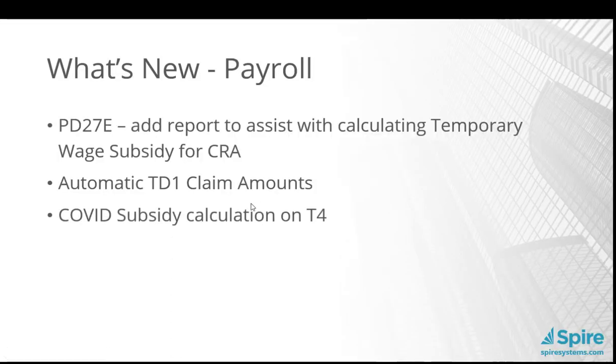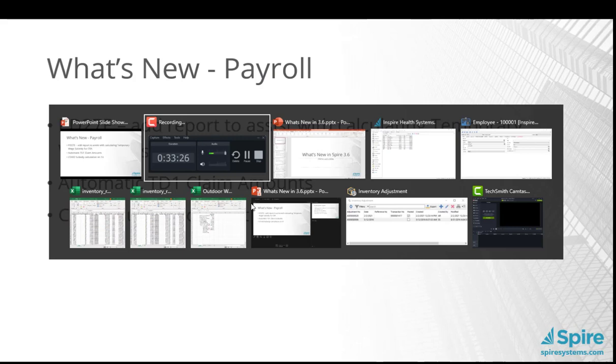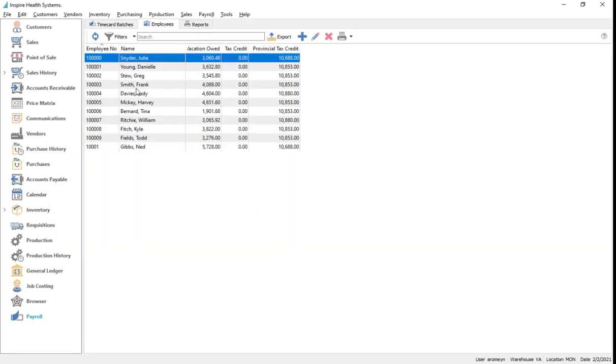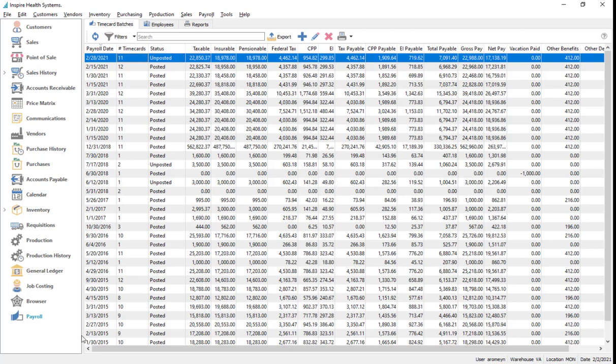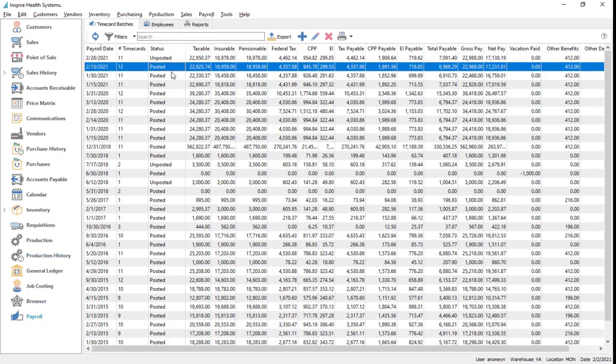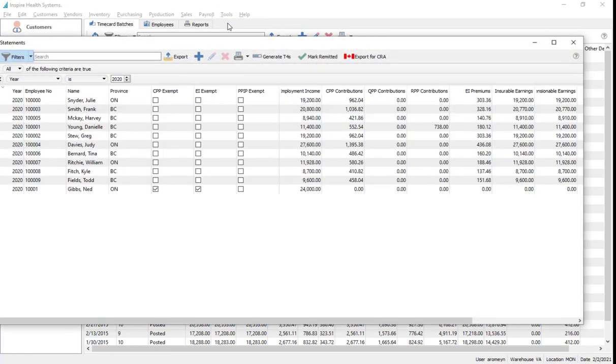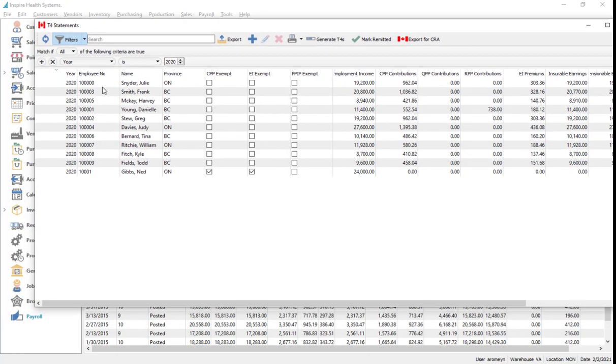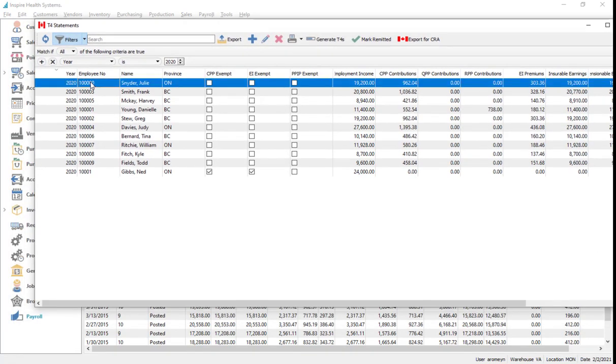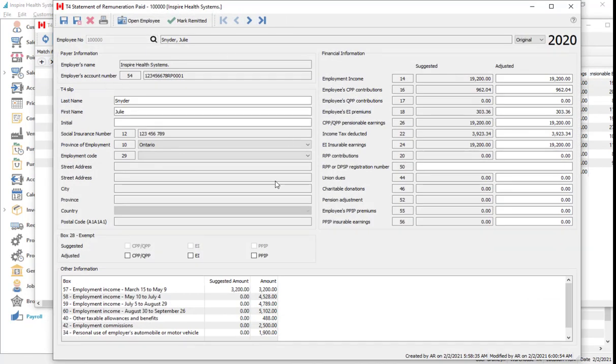COVID subsidy calculation on the T4. Okay, so this one had some changes along the way. CRA, what they did was with the 4 different periods where you can claim the subsidy, has to be reported on T4s now. Okay, so if I go to T4s, I've generated my 2020 T4s already, and if we go into one of them, you'll see that